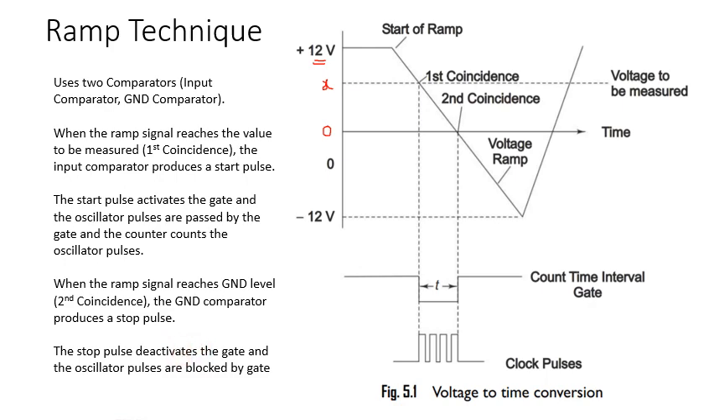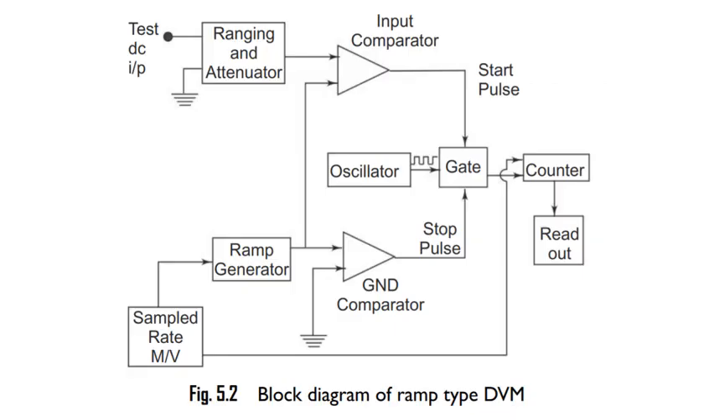We'll see the hardware now. So this is the hardware. You can say this is the circuit. So you have input here, and that is given to ranging and attenuator. So if there is any noise, it will be filtered there. So here at this point,